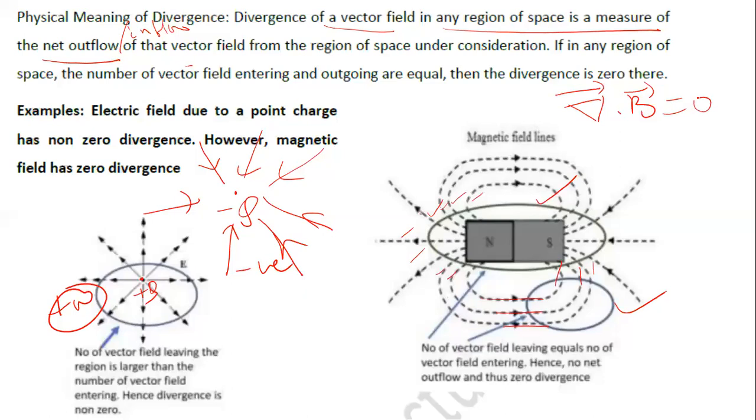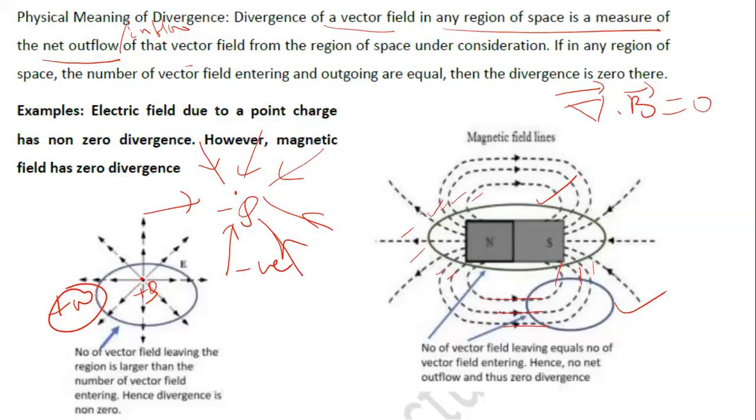Divergence of magnetic field is always 0. Magnetic fields are non-divergent fields because of the existence of magnetic poles always in pairs. There is no monopole. It always exists as South Pole and North Pole. Even if you cut a bar magnet, you will still have a North Pole and South Pole, right? So the magnetic lines of force originate from the North Pole and terminate at the South Pole, and therefore you will find that